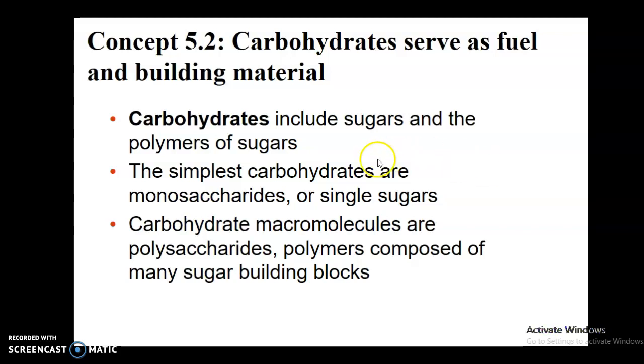And so of the carbohydrate macromolecules, the polysaccharides are really made of many of those single chains put together. So fructose would be one of your very simple sugars. Glucose would be a simple sugar. And then our more concentrated carbohydrates, the things that we think of as carbs, starch, etc., would be